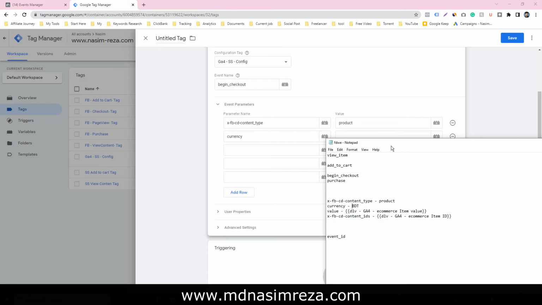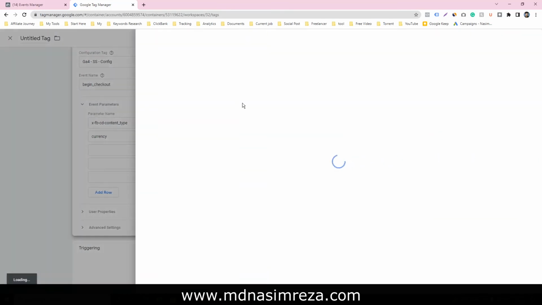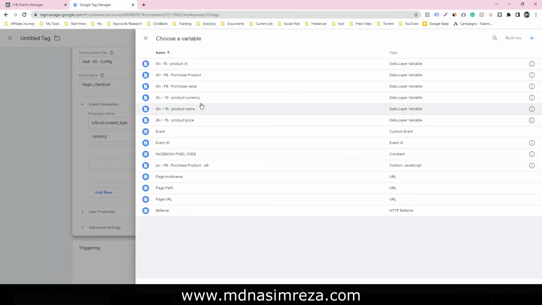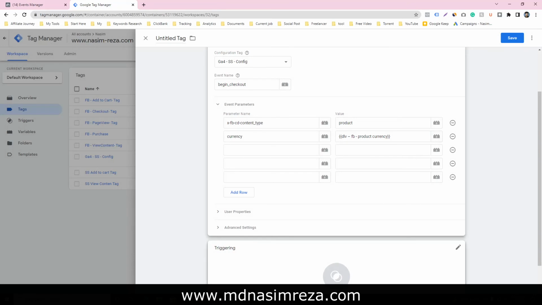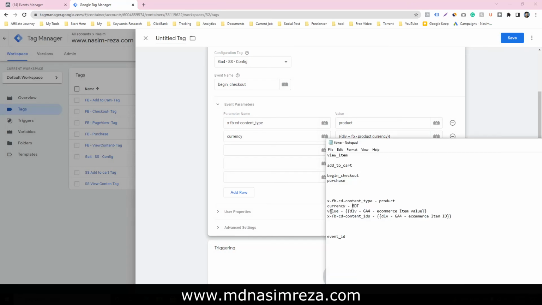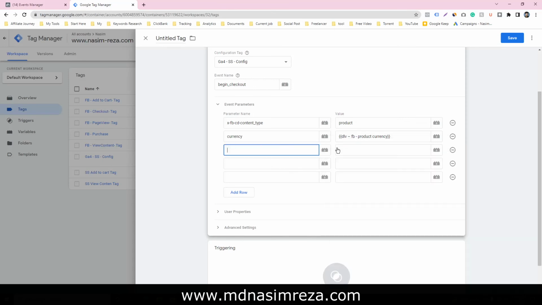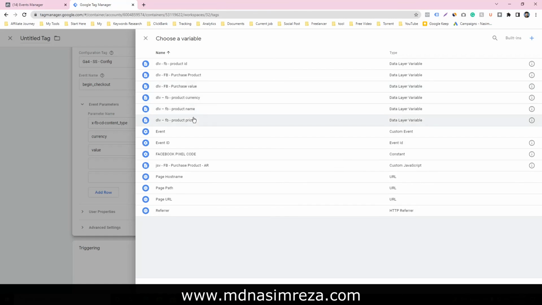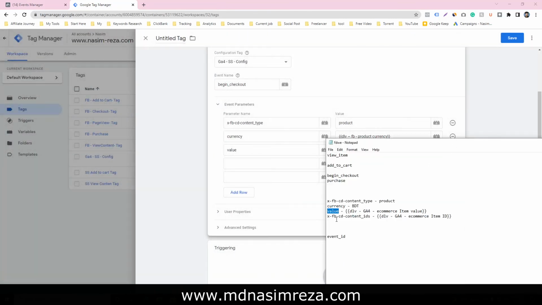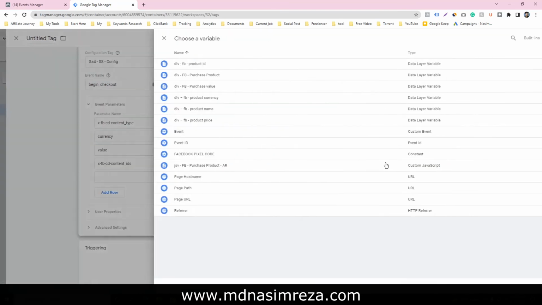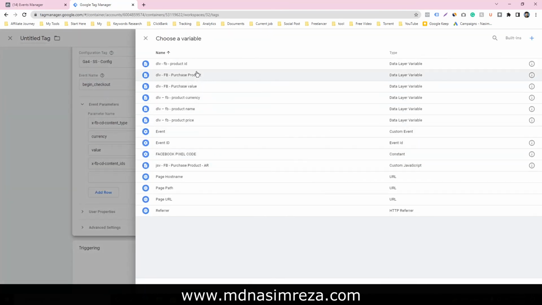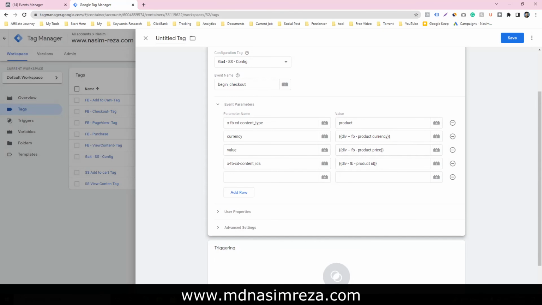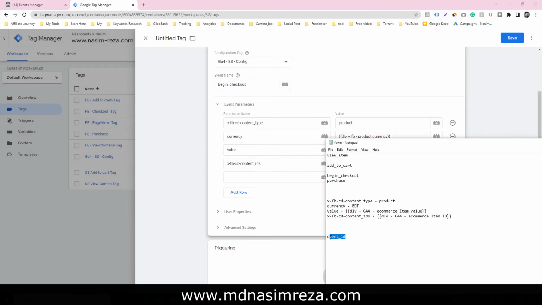Select it. It's a data layer variable and the value will be the product price. Select the product price, then the product ID, and the last one is for event ID.